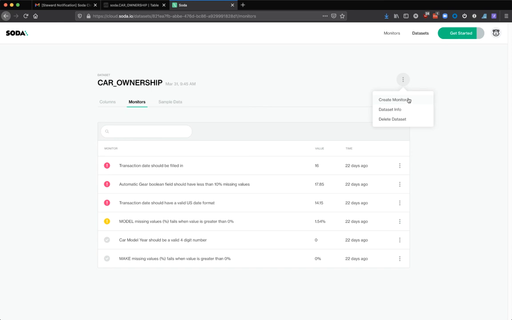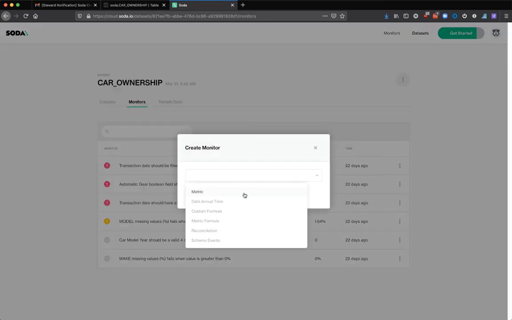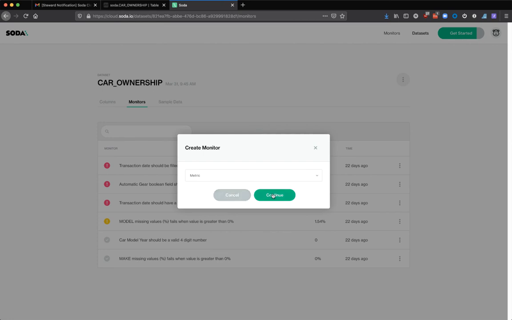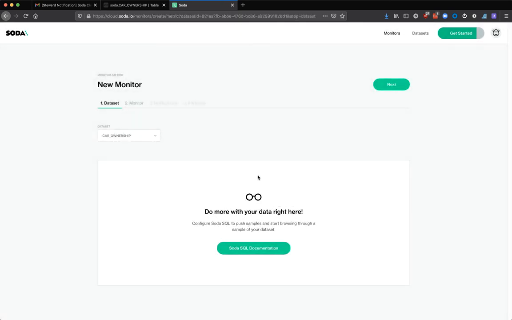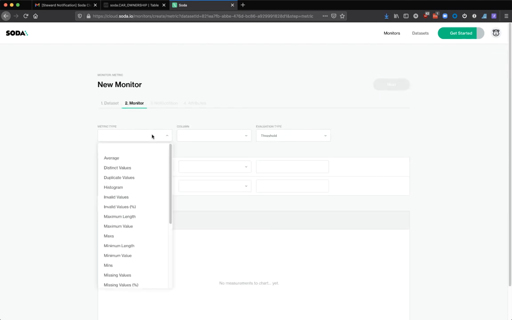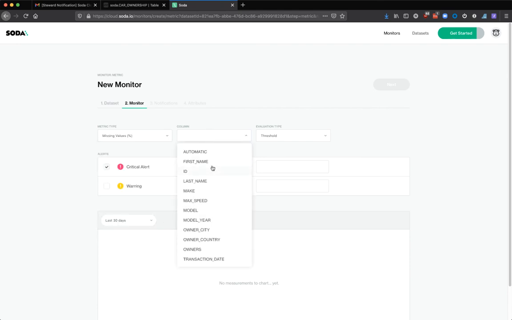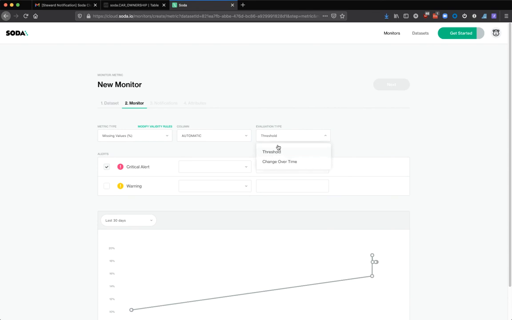It's very easy. Just come over here, click Create Monitor. I can create a metric. There's also capabilities to create checking to see when the data arrived, custom formula. I can get really customizable rules in here to make sure our data is meeting our governance policies. So we're creating a new data set. I'm going to go right into monitor and we're going to look for percent missing. We're going to specify automatic year and we're going to say threshold. And what we're looking for is if we're missing greater than 3%,